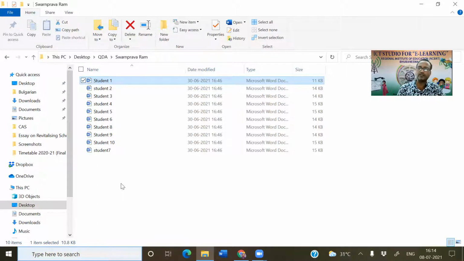But this software will help us analyze the qualitative data, and this qualitative data can be converted into tables. It can be converted into different types of graphs. It can be converted into frequency and percentage.